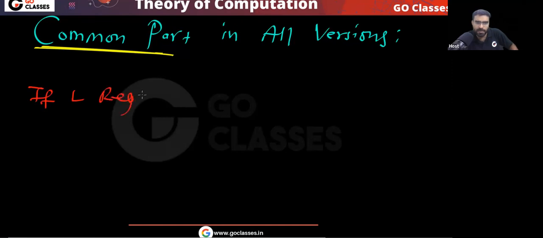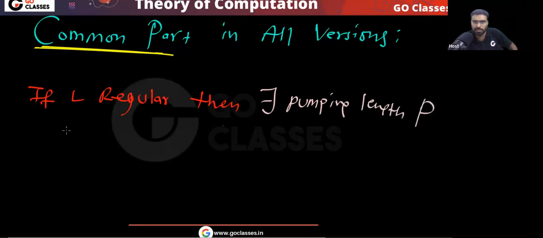see, in all the versions, this part is common. What is the common part in all versions? This is the common part: if L is regular, then there exists a magical number, a pumping length P, such that